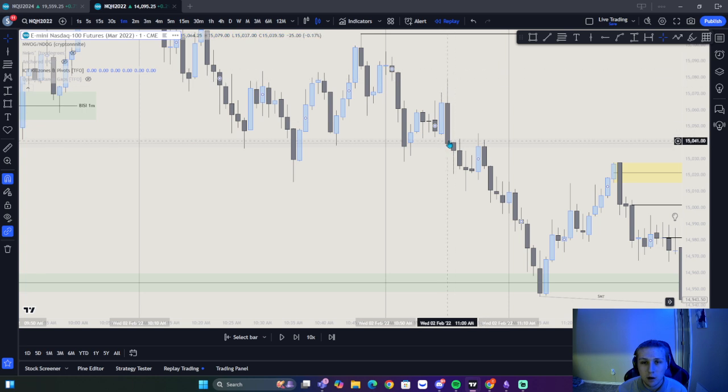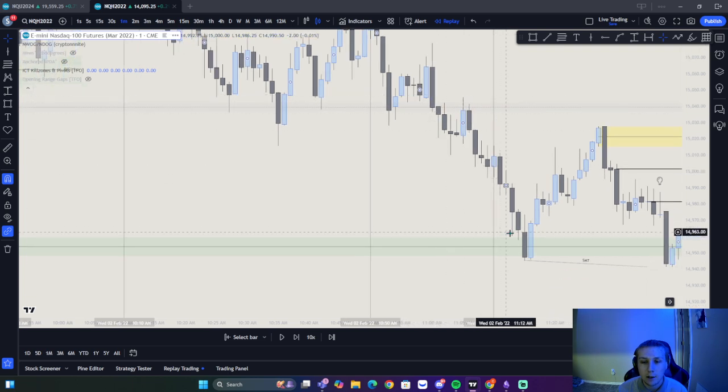What do we trade lower? Order block right here. Beefiest up close candle. I'm not using these. I'm using this one. Boom. Beautiful. Also, what does this have? A fair value gap with it. This doesn't have any fair value gap with it. This has a fair value gap with it. And what else does it have with it? New day opening gap. Beautiful delivery right there. And then that's when we trade to